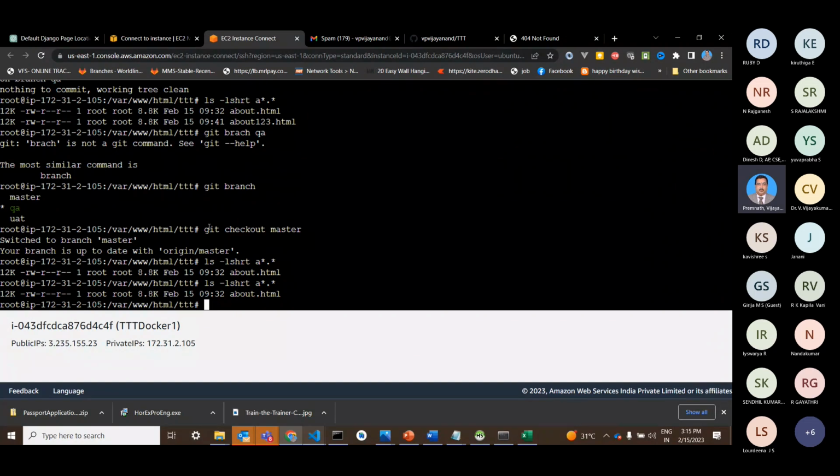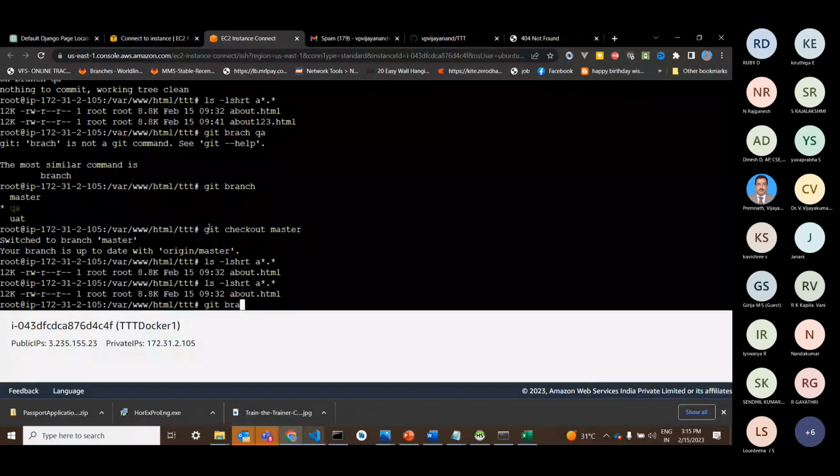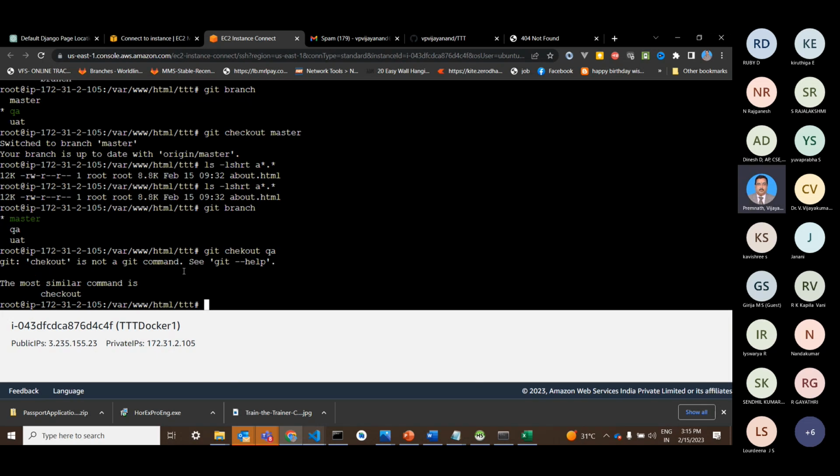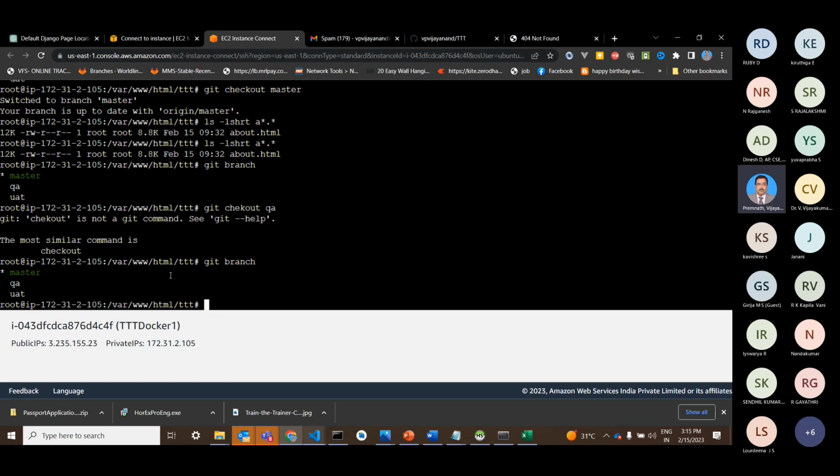So once I check out, again I show you git branch. It is in the master branch. To move to the QA branch, I can give git checkout QA. Now when I give git branch, I can see that